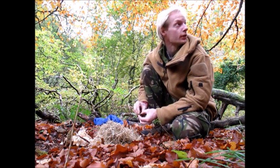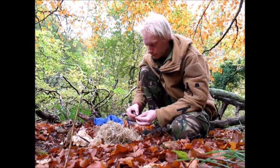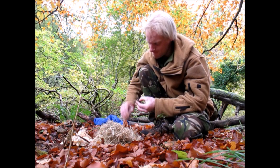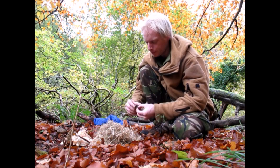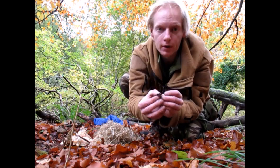You do get some pretty dull sparks off of these little rocks, so sometimes it can be quite time consuming to land one on your char cloth, but just keep bashing away, you will get it. And there we go. So as soon as you get it, you don't need to rush anything, but you should be able to see